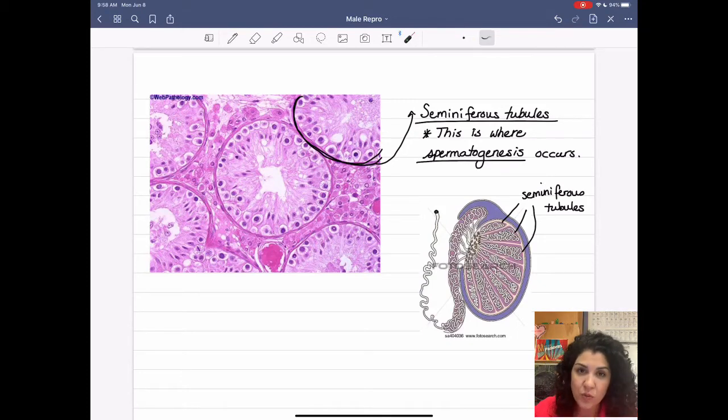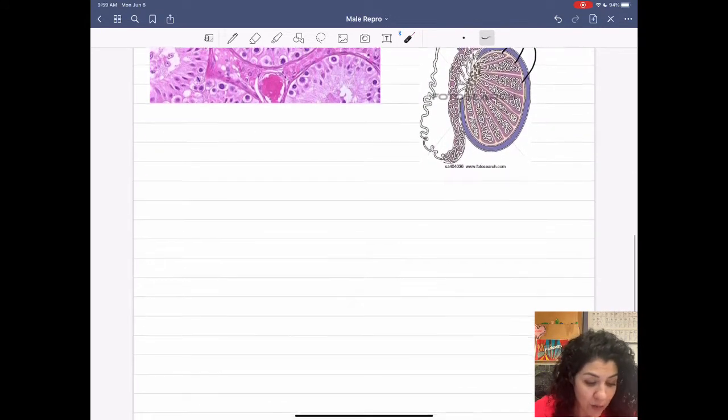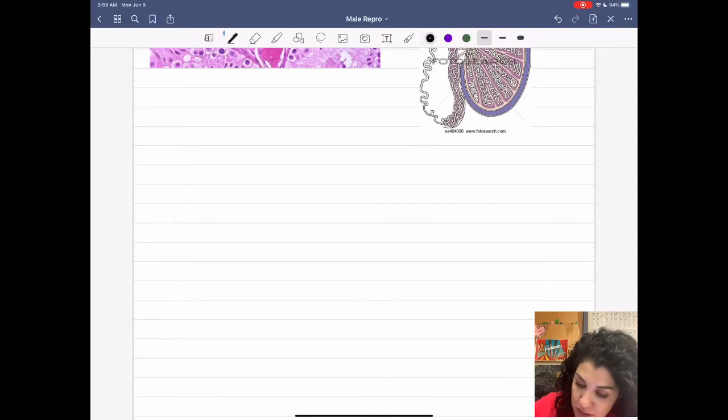And so here, this is where spermatogenesis occurs. Spermatogenesis is just male meiosis. So you start off with these cells that are immature at the very edges of the seminiferous tubules, and then meiosis proceeds in this direction. As we get closer to the middle of the seminiferous tubules, we get the cell that divides and then divides again into meiosis. And then here in the middle is where you would find the little sperm that swims around in there until it's ready to be called to action. Okay, so those are the seminiferous tubules, and I want to talk about spermatogenesis or male meiosis,